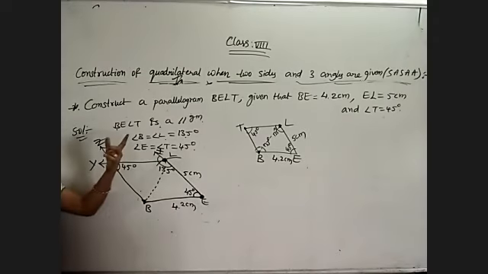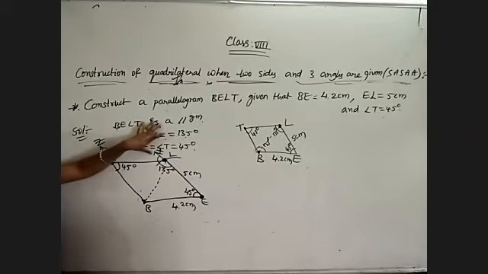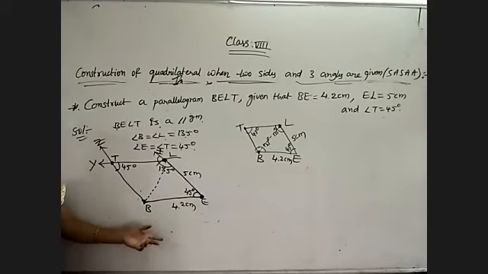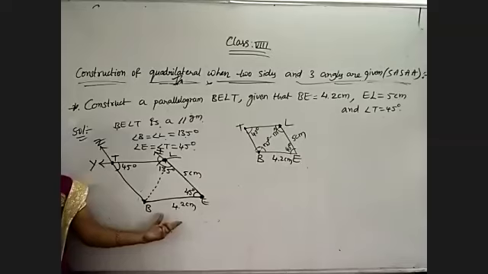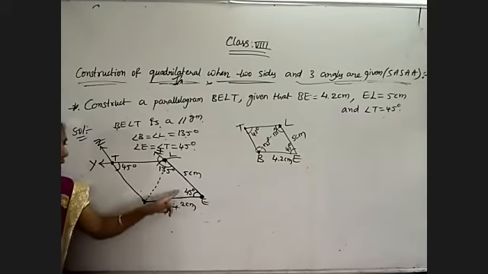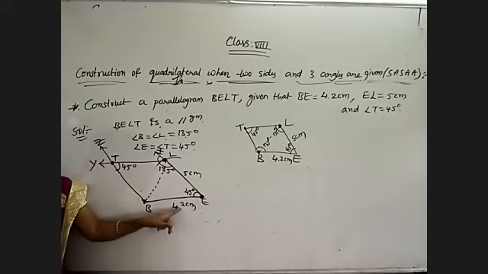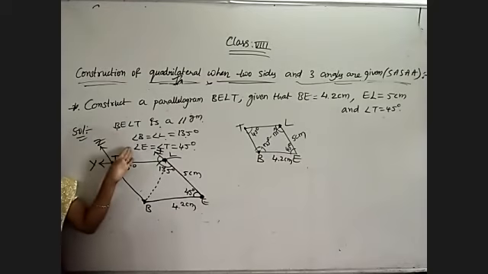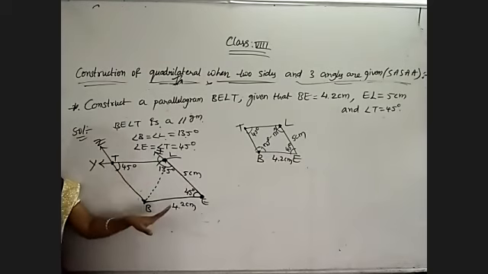So we are using here the side angle criterion. For that, I want the remaining 2 angles, so I am using the properties of parallelogram for angles. That's it. Now the construction steps. Draw the rough figure. Construct the triangle BEL using the side angle side criterion. First of all, find the required angles. After that only we have to do this.